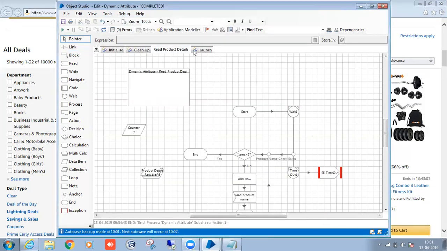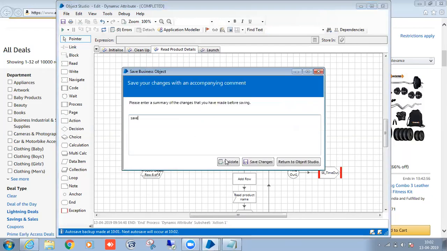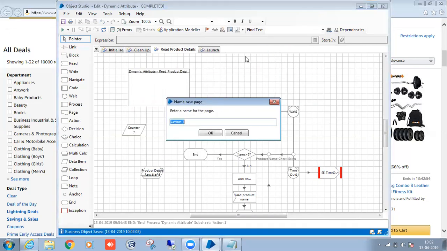Then I have done with the object studio. And one more action, termination. After I have taken all the products, then I will terminate my application.